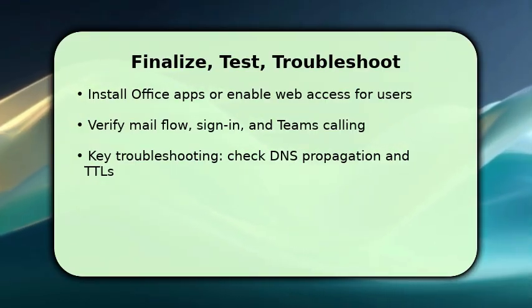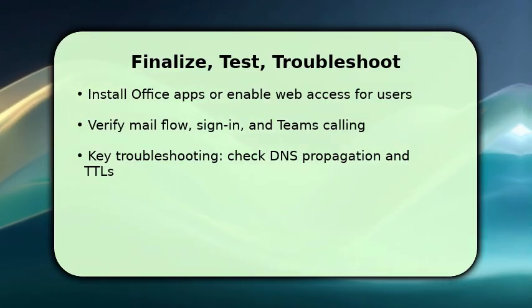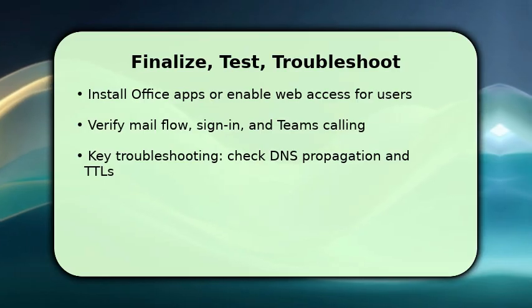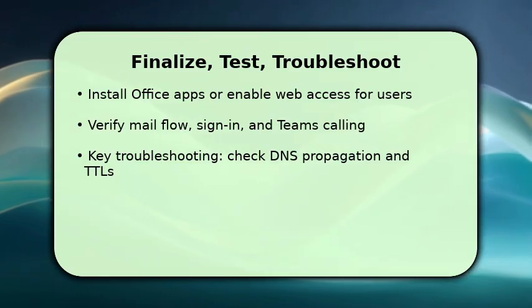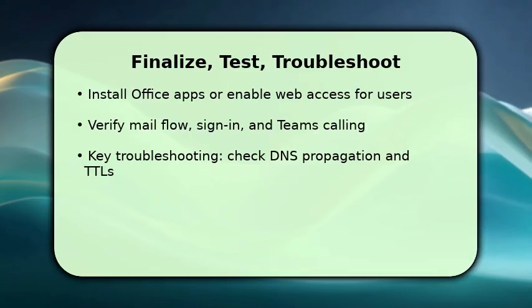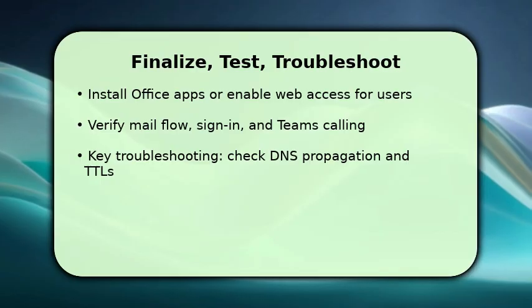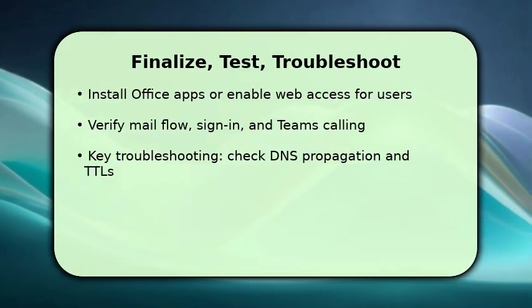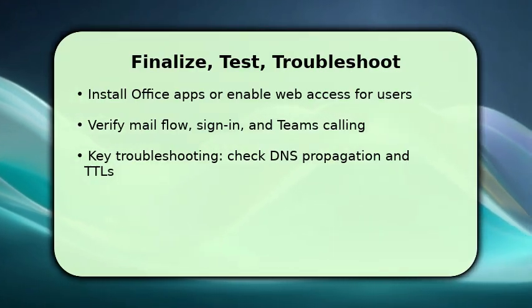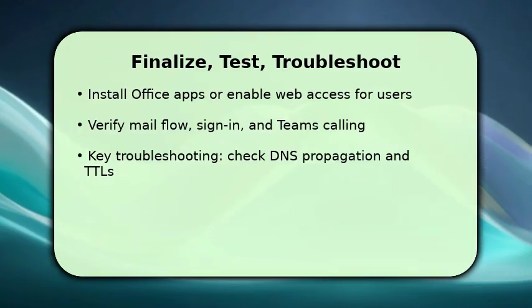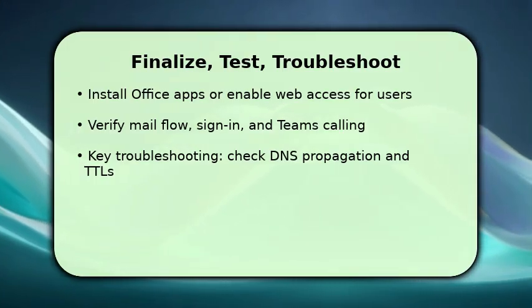Test mail flow by sending internal and external messages, test sign-in with an MFA challenge, and verify SharePoint sites and OneDrive sync. Once satisfied, enforce conditional access and set retention policies. If something fails, the first troubleshooting step is to check DNS records and propagation, DNS TTL or